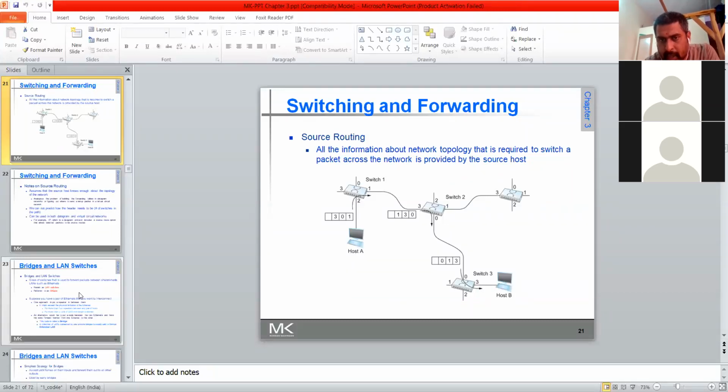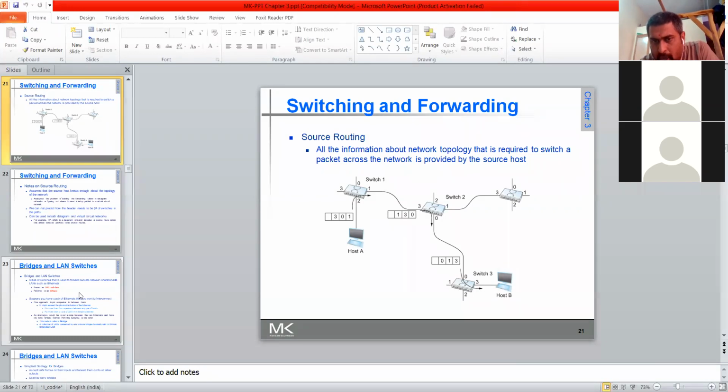Now you come back here. Observe carefully, 0, 1, 2, 3 are there in switch 2. Am I right? 0, 1, 2, 3 are there. Now coming to here, you can observe 0 is the last number.